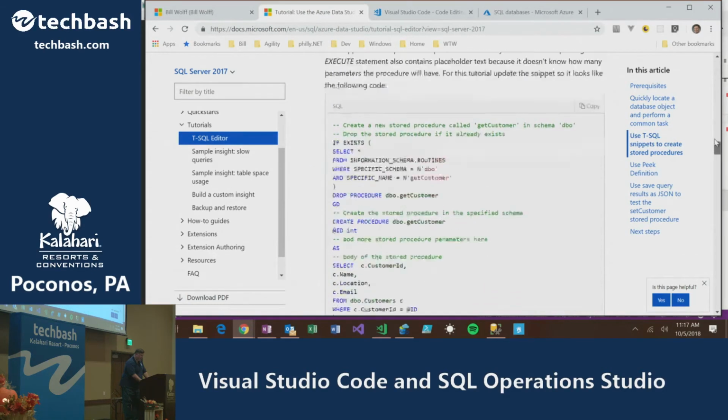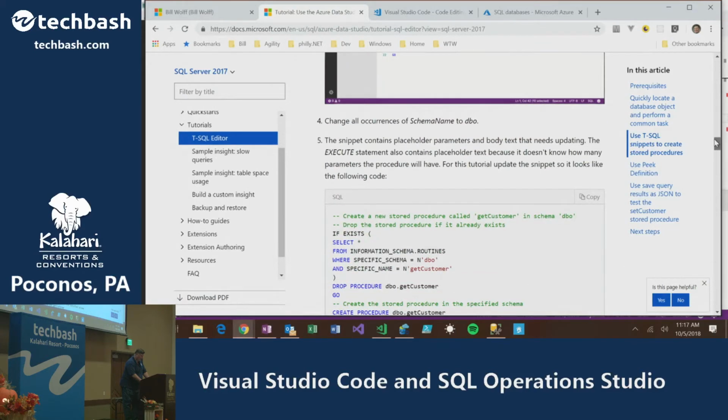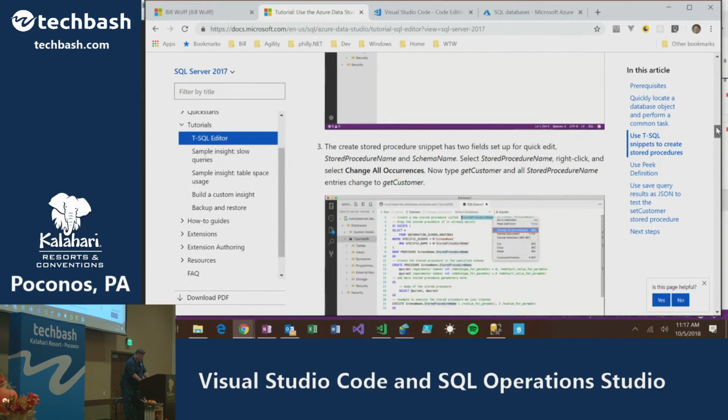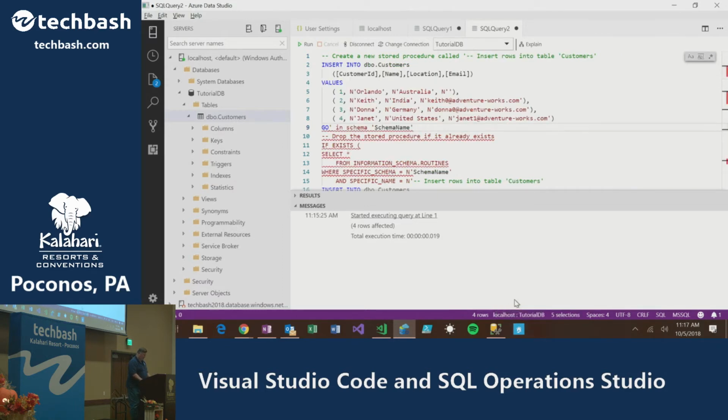What you do is we're going to make a stored procedure called get customers, and I have to grab the right place here. It is get customer. And what I have to do is they have this thing called stored procedure name. And if I say change all occurrences, it highlights all the places that exist, and I can put the, oops,